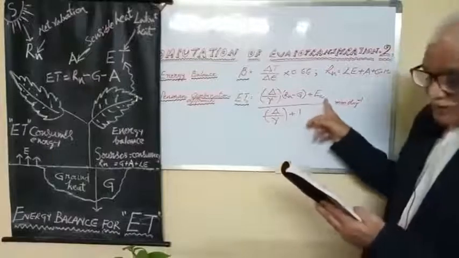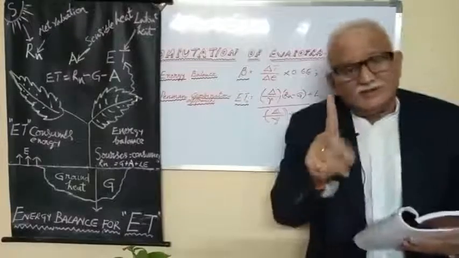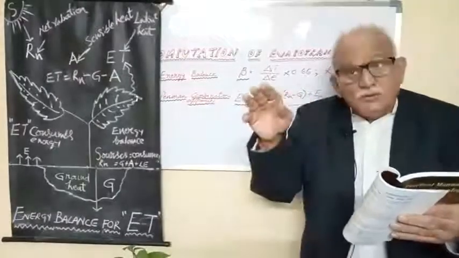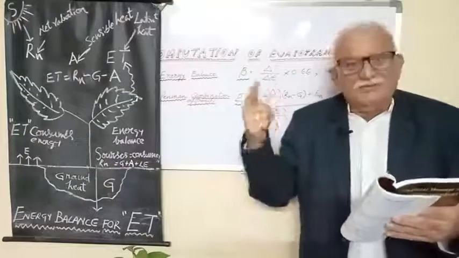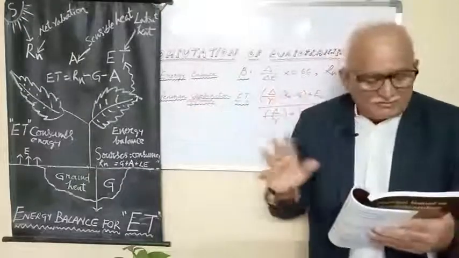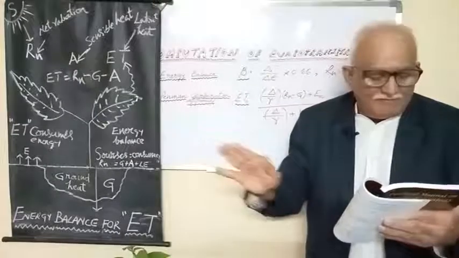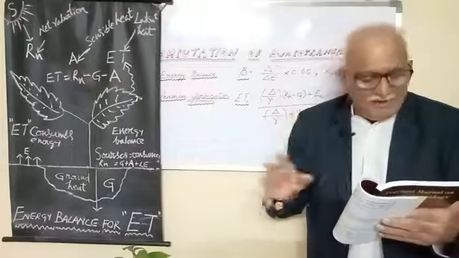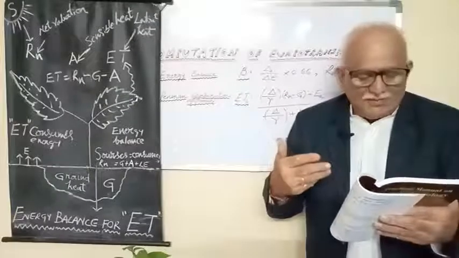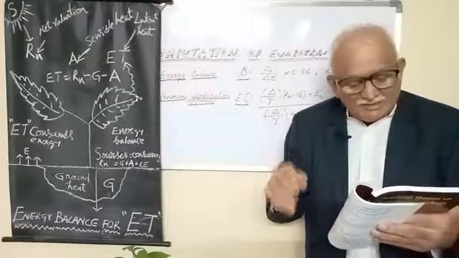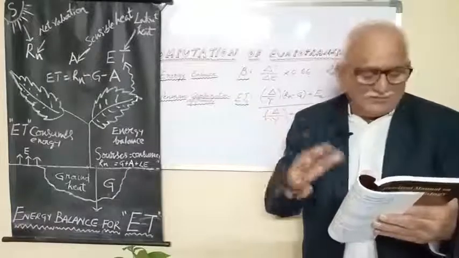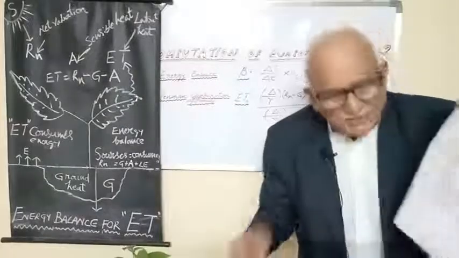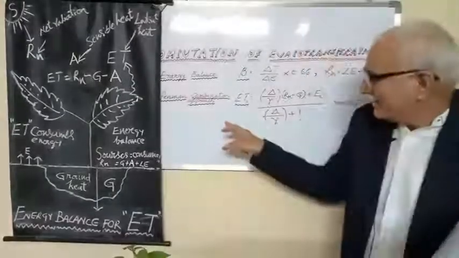Ea is equal to the aerodynamic term. For this aerodynamic term also we are given a wonderful equation: 0.35 (Ea minus Ed) into (0.5 plus U2 by 100). That means, I will explain in the aerodynamic part, don't worry. Where Ea is equal to the saturation vapor pressure at mean air temperature in millimeters of mercury, Ed is the actual vapor pressure, and U2 is the wind speed at two different heights. Wonderful equations are given.